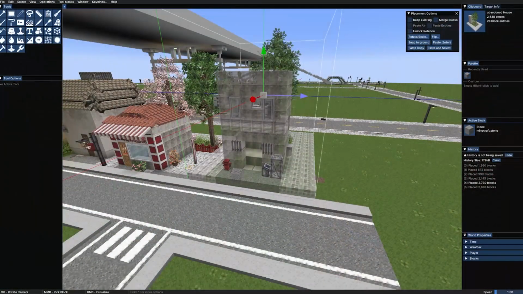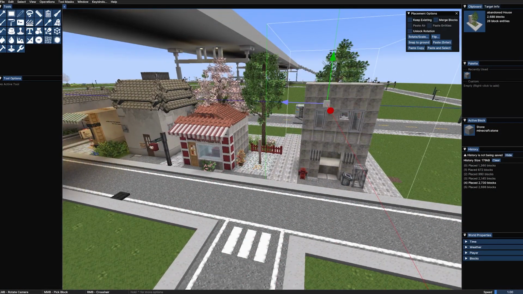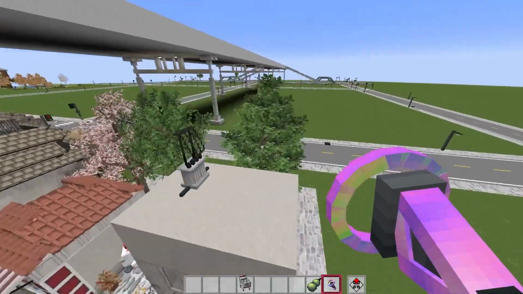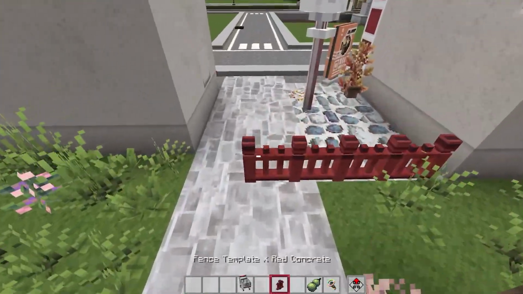So let's paste in that little abandoned house. I do want it next to the cake shop because that's roughly similar to what it was originally. I think about there. Not too close. There's a lot of blocks to be dealing with, but I like those trees at the back. It does look nice to have that extra bit of walkway. Yeah, oh, the